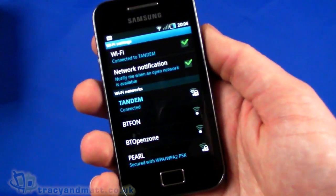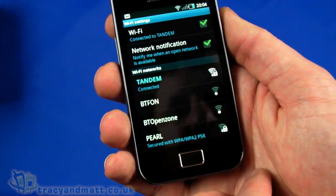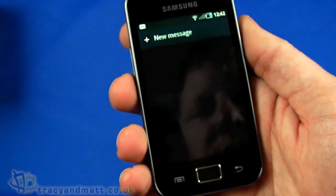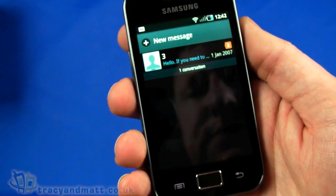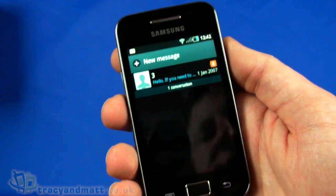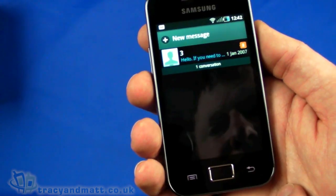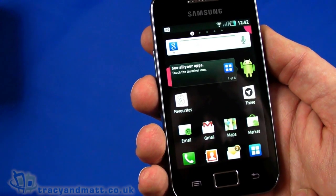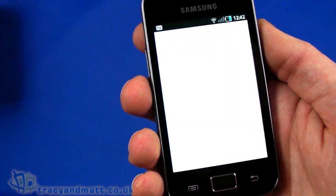There we go, so we're obtaining an IP address and it's connected. That was pretty quick. We've already got some text messages by the looks of it. Here we go. So that's a couple of, 3 text messages because it's the first time I guess I've used it with this SIM card. And that's the Wi-Fi setup, so I could actually go ahead and sign into Android Market,